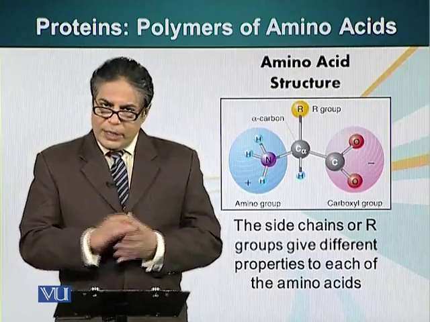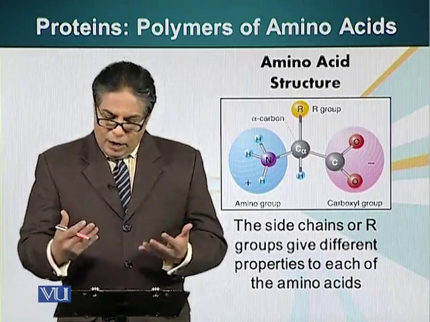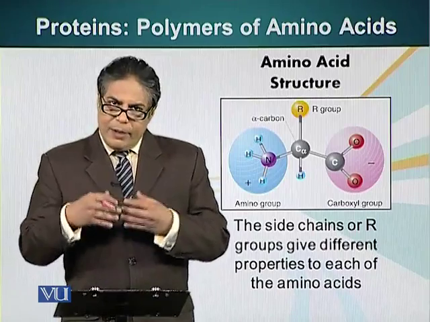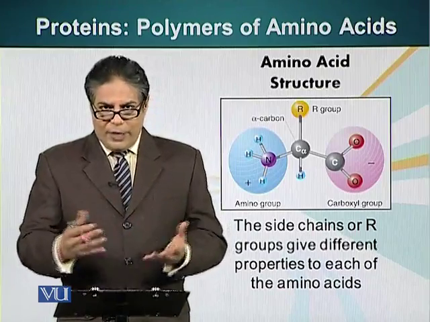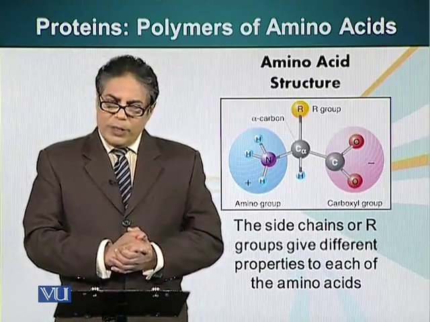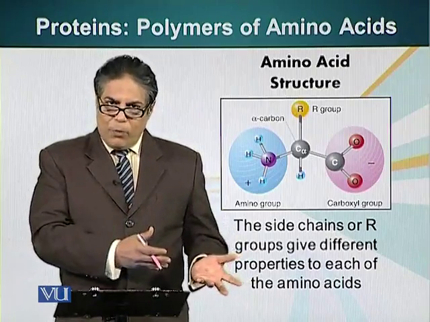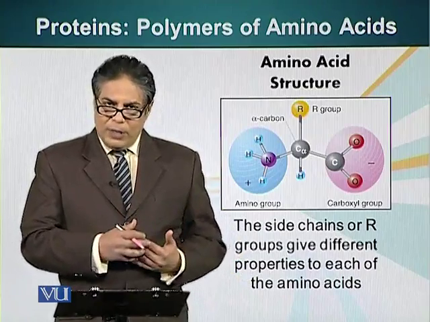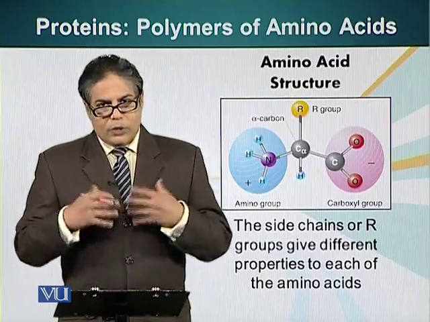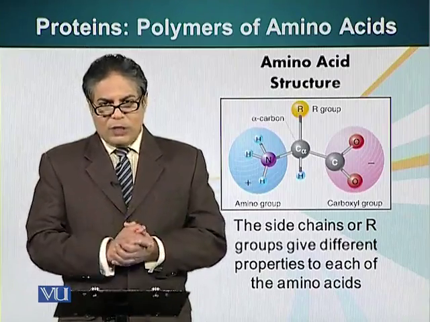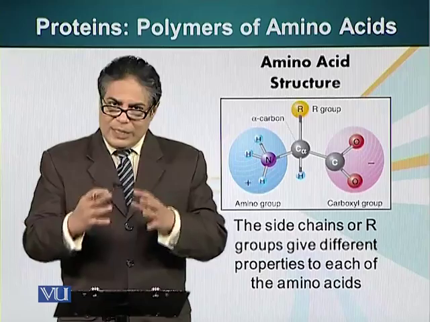Next, we will also look at some of the features of these R groups. What are these R groups? Because they can have an effect on the structure of the protein after it has formed. We also know that there are 20 different amino acids that can make proteins. We look at all these amino acids. However, I would like to mention that I don't want students to memorize the structures of these amino acids. Please just pay attention to the basic concepts and the basic nature of these amino acids.